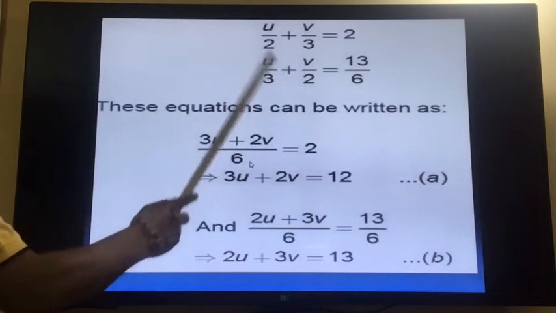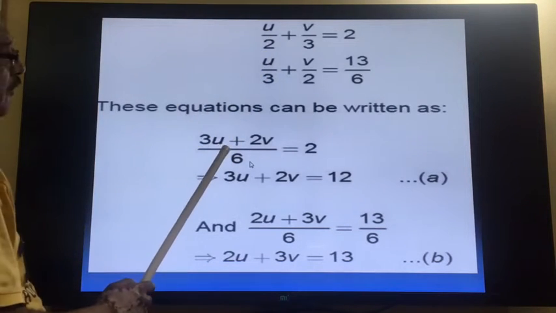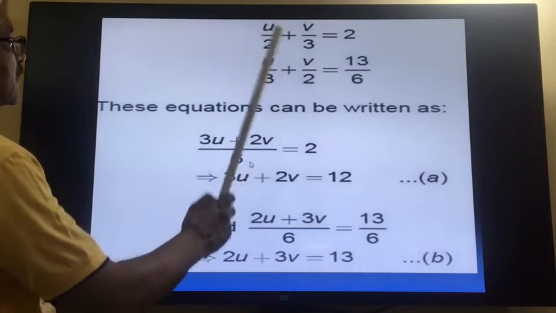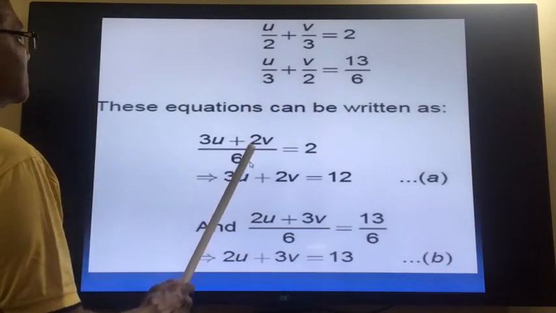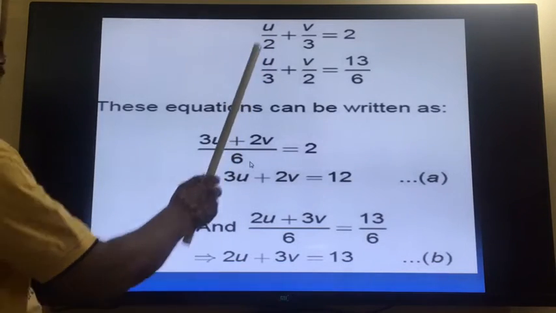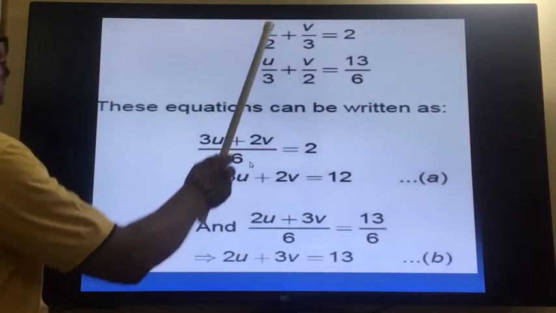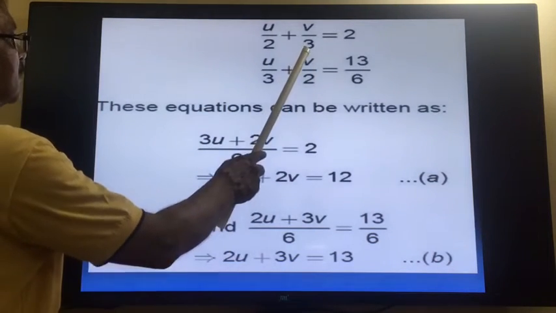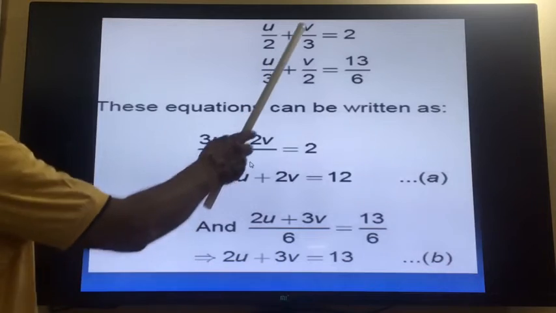So here these are the two equations. To solve this, first of all we will write it in the standard form. Here these are fractions, so we will take the LCM. For the first equation, LCM will be 6. Here we divide 6 by 2: 2 threes are 6, 3 times, 3 into u, 3u, plus we divide the LCM 6 by 3: 3 twos are 6, 2 times, 2 into v, 2v